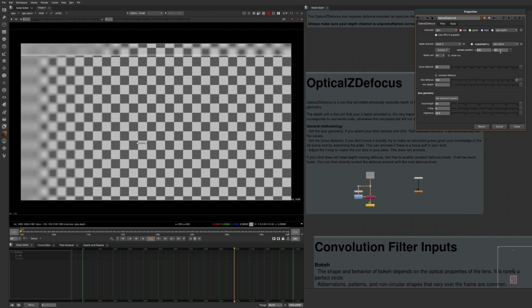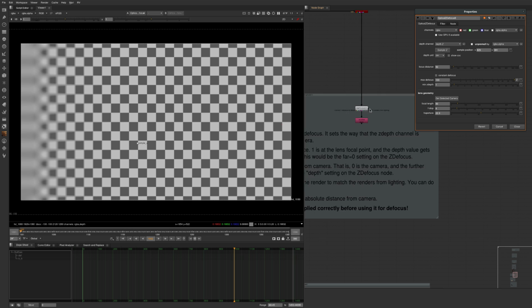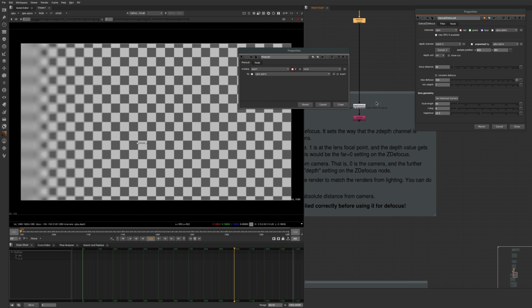And then also super important, if you're working with CG that has any transparency, you want to unpremult your depth channel. Otherwise, you're going to get edges that are premultiplied. The scanline render doesn't do that, but a lot of render engines do. So just to show you,